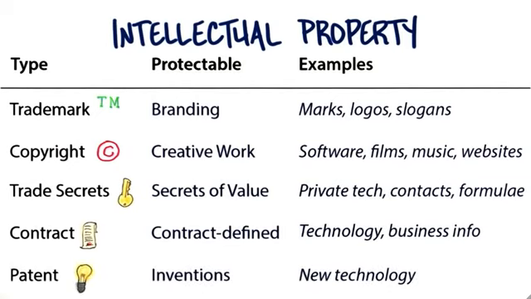The last piece of intellectual property is patent. U.S. patent law has changed in some important ways in the last year. If you were familiar with it, it's nice to get updated again. What's protectable are inventions, and typical examples are new technology. You've invented something new, some hardware or algorithm or software, etc. Getting a patent is kind of important.